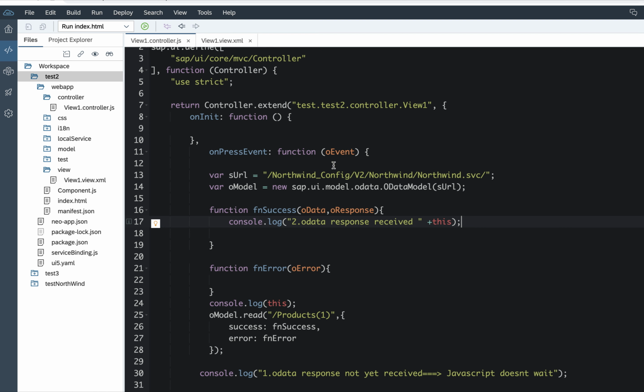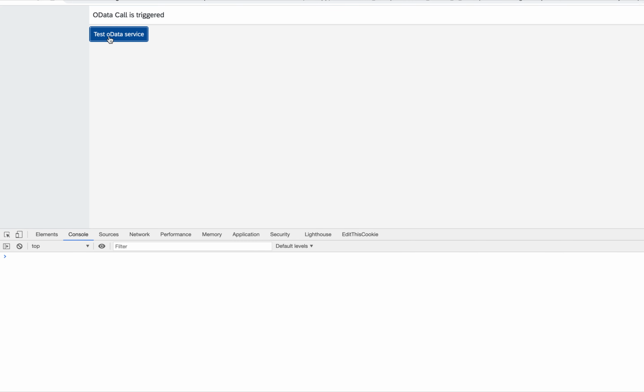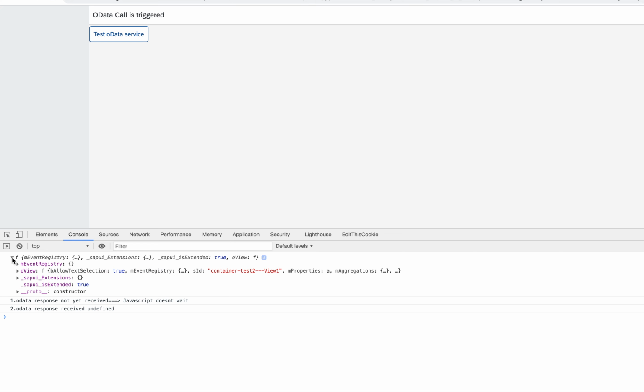So let's click on this. Once I click on this button, this onPress event will be triggered and my OData service method will be triggered inside this. Okay, let's clear this console and let's click on this again. So you can see it here. I have this object here, I can access this.